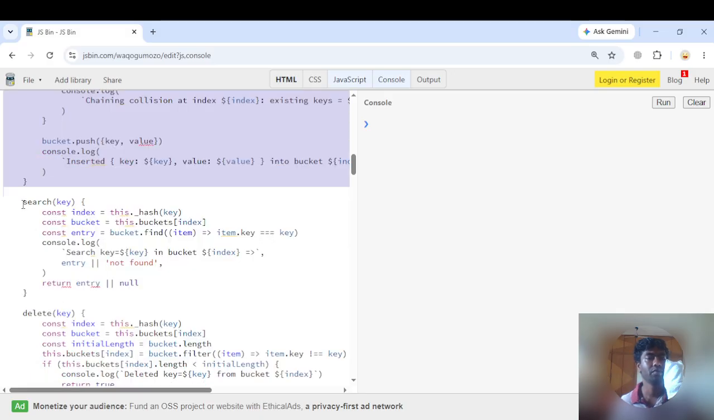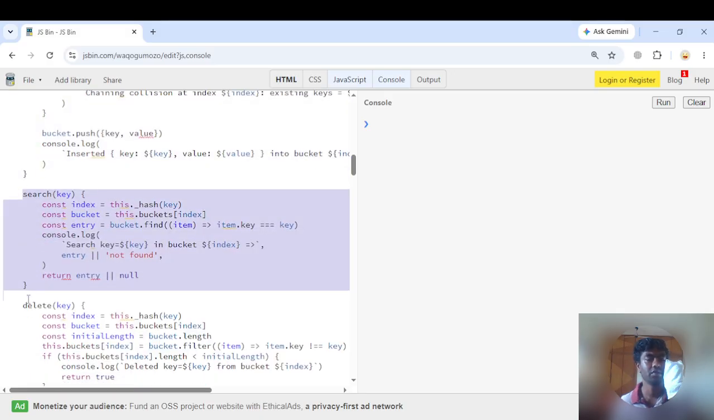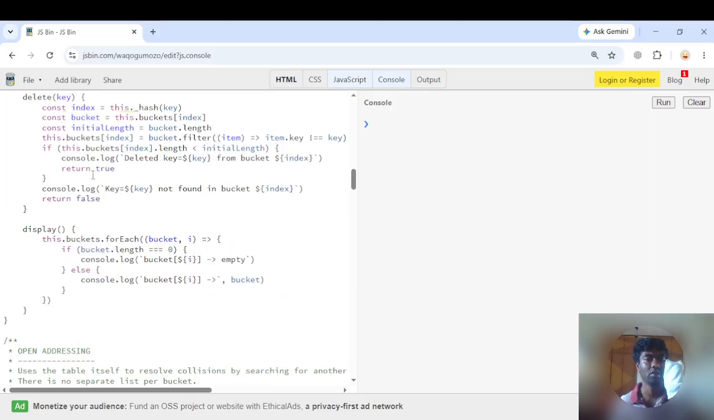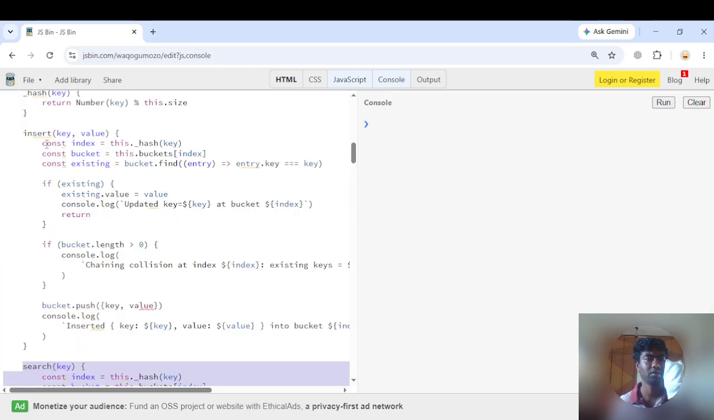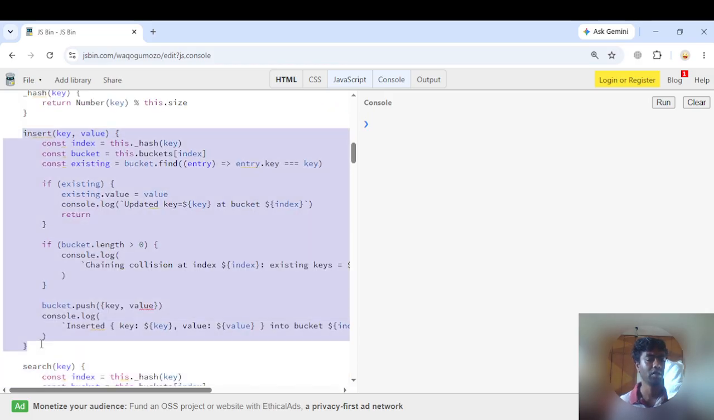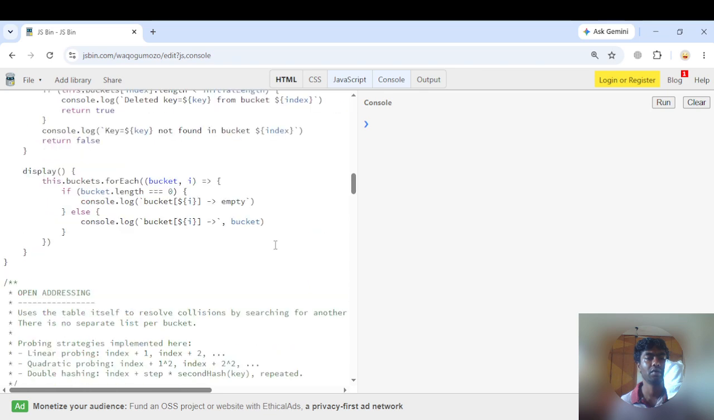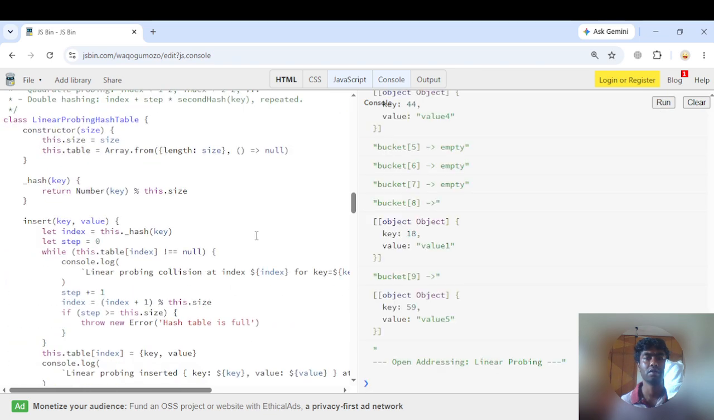I also have few other things like a search function here, a delete and other things. This should be easy to understand. I will not discuss too much on these, but insertion is where we will be focusing on. And this was about the chaining hash table or separate chaining method, right? So we will look at the next one. I will even run this